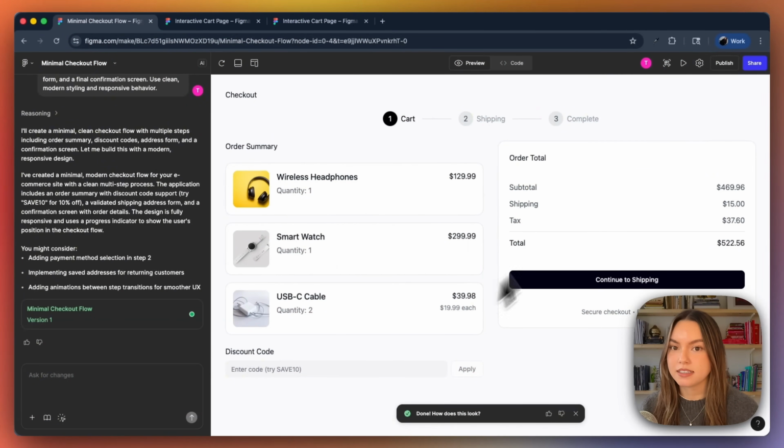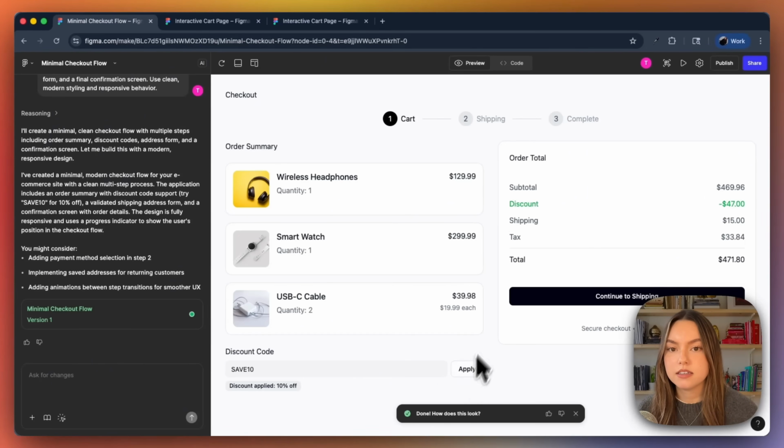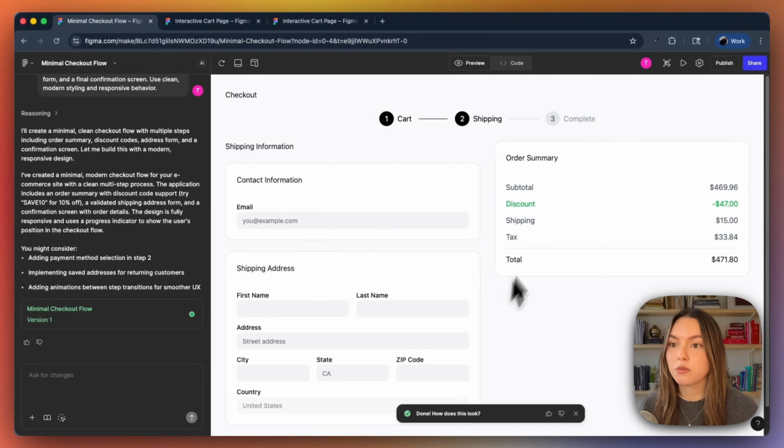We have really nice layouts here. We have interactivity, so let's try save 10, apply this, and then look, we got our discount, that looks great. And we have a really nice UI built automatically. We can continue to shipping, and then we also have